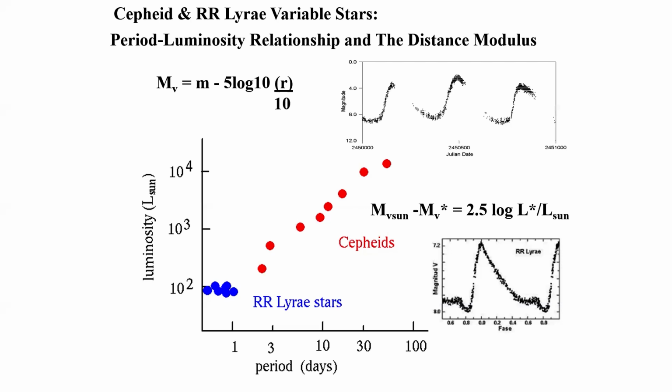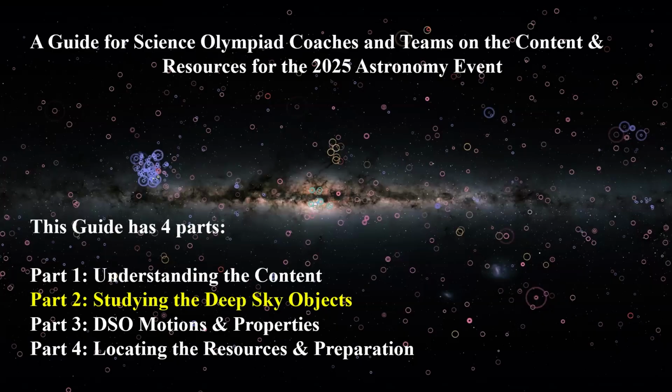Of course, also for Reach for the Stars, and I'm sure Solar Systems, because there's a lot of variability in that one too. That was sort of a brief walkthrough of understanding a bit of the content, why it's part of the event description, why it's important. A lot of these topics never change. They're pretty much there because they're important to know and understand.